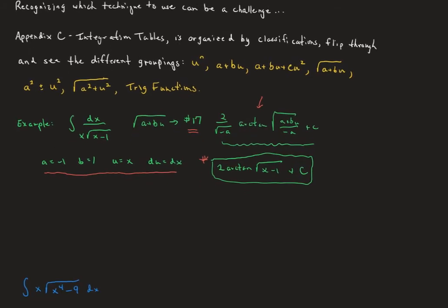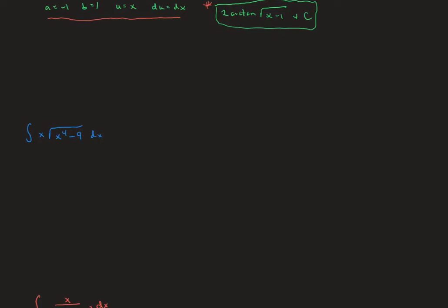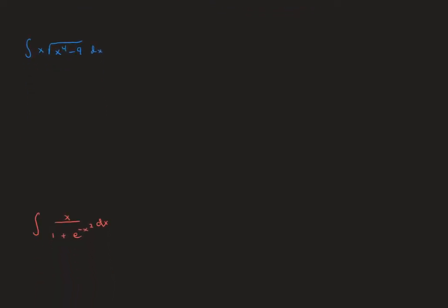Okay, let's try sliding up and doing another example. So here we have the integral of x times the square root of x to the fourth minus 9 dx. As you look through there, you should hopefully find that the match we want is number 26. And that says that the integral of the square root of u squared minus a squared du is